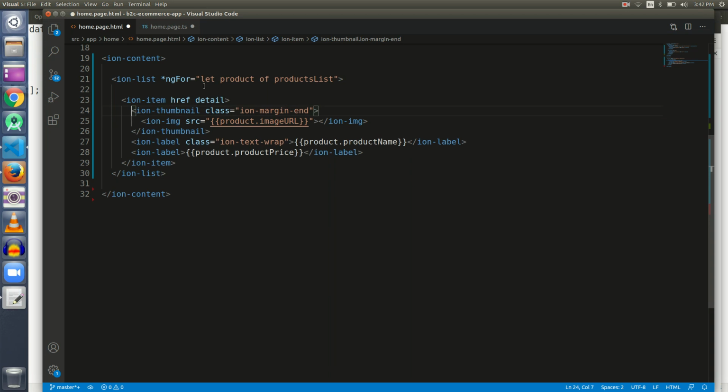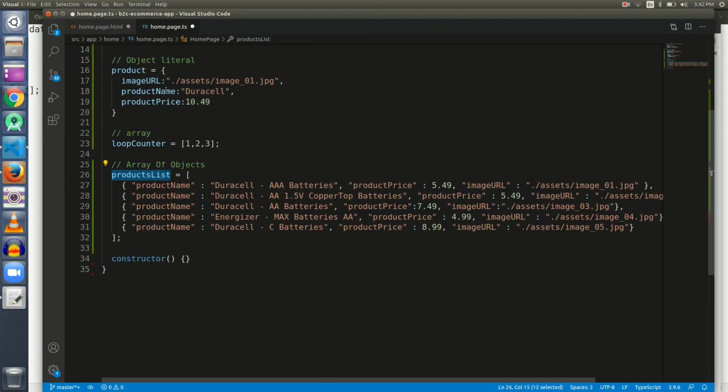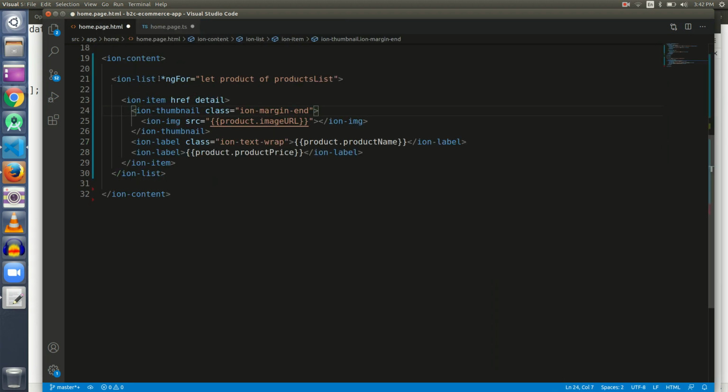And now see what will happen. Before saving it, let me explain you the code. This is our array of 5 objects, and every time the ngFor executes, for the first time the data of first object comes inside the product variable.